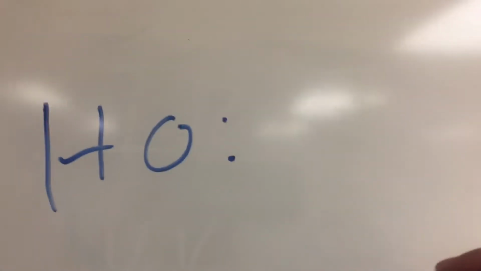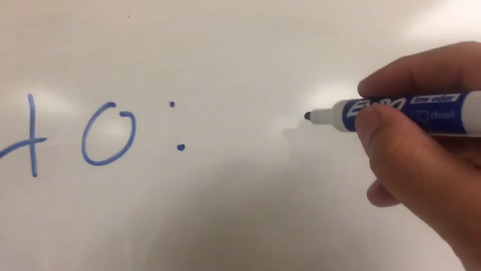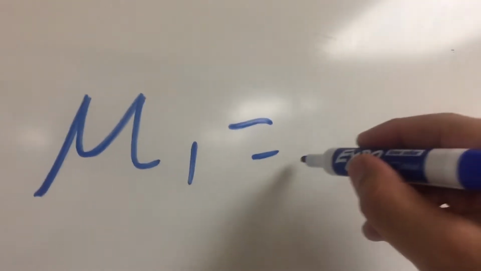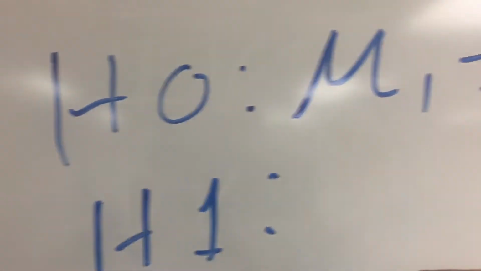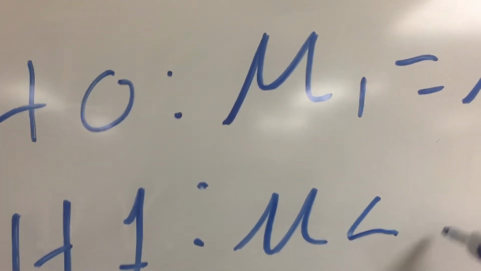My null hypothesis, meaning nothing, is going to be mu1 is equal to mu2. My alternative hypothesis is going to state that mu1 is less than